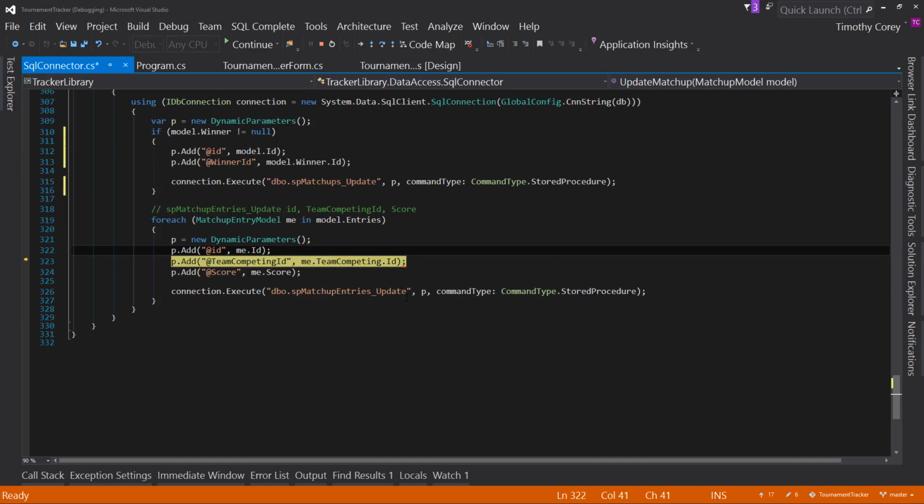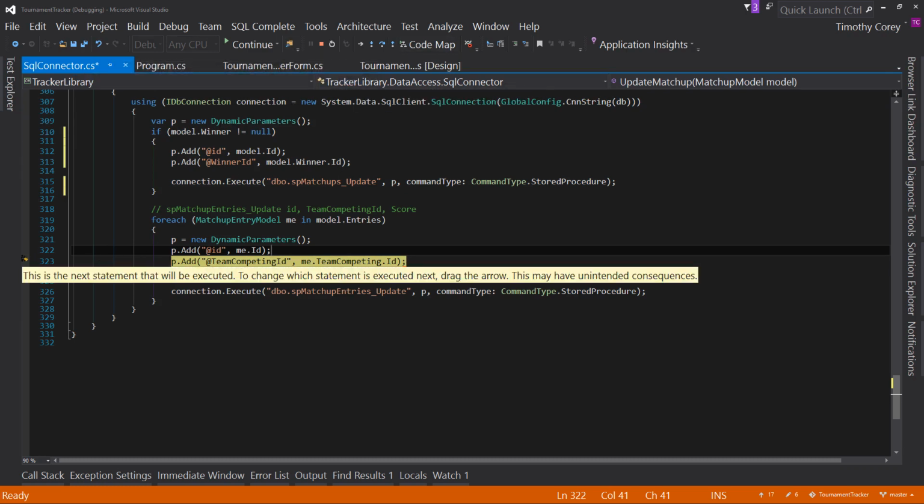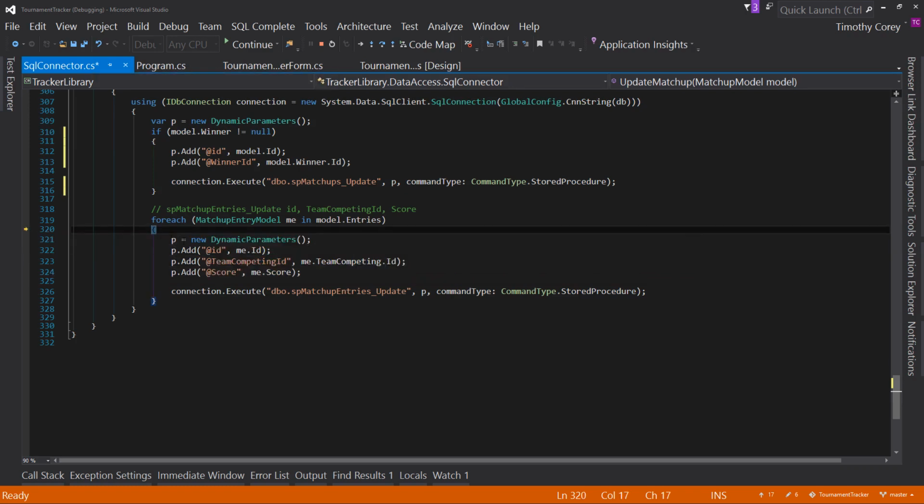Well, we again surround with our if statement. But here, we need to move it all up here, and we'll surround this entire thing because we don't want to do the update if the team competing is null. Because if the team competing is null, it shouldn't have a score either. So therefore, surround with